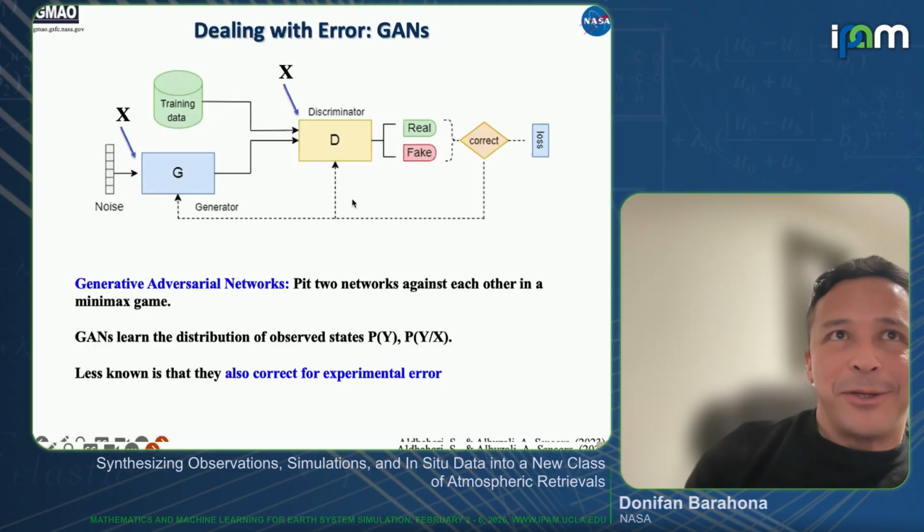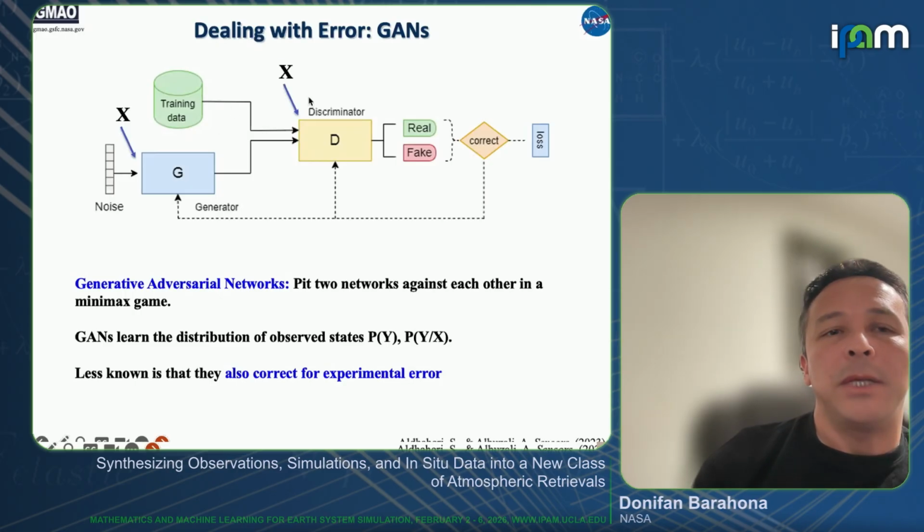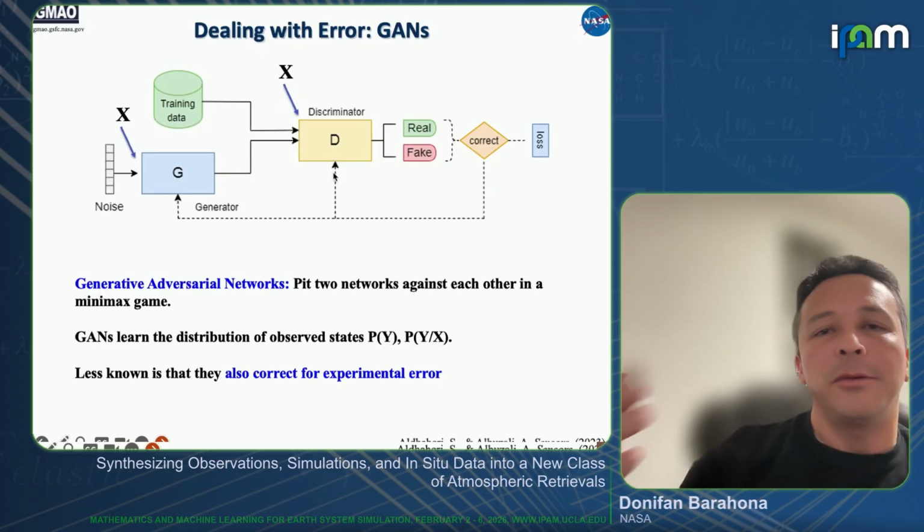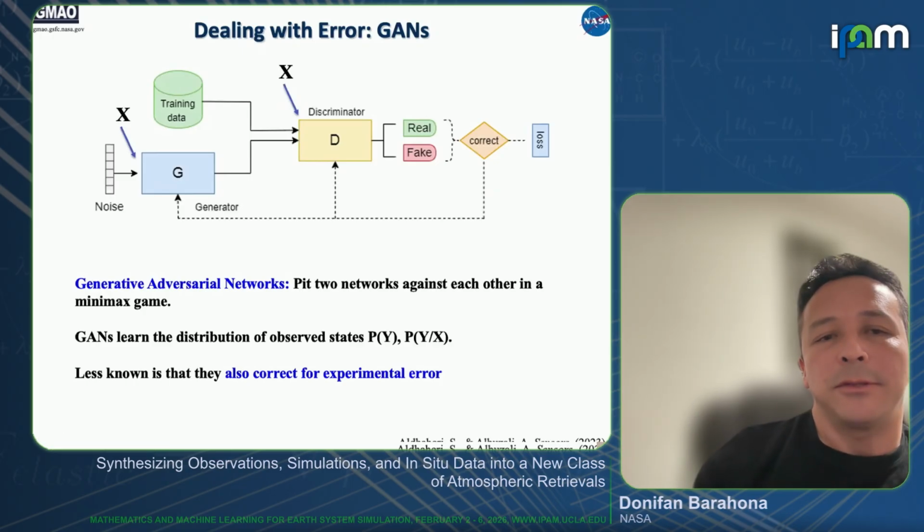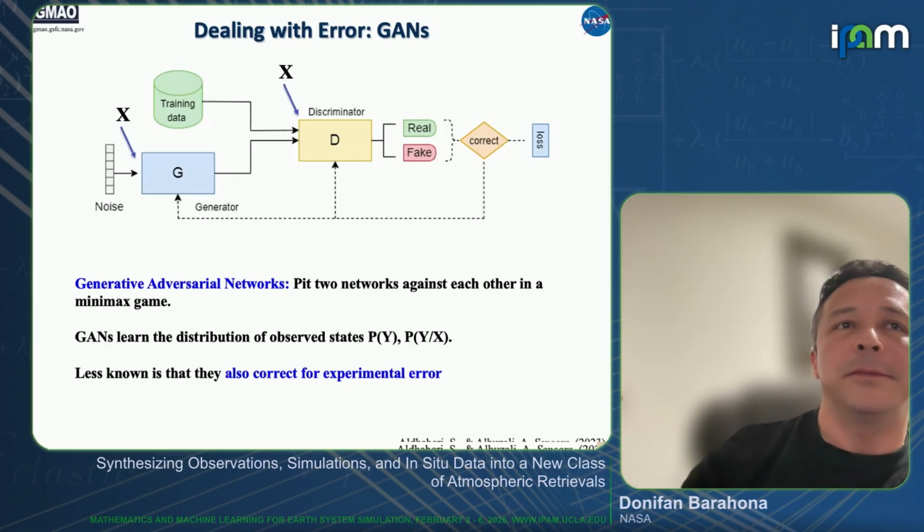This is a very nice and cartoonish way to explain it. Something I should mention is that you can condition this to work for a particular state. For example, if you have the distribution of all human faces, you can condition these networks to just produce human faces with blue eyes or something like that. That is good for us because then we can tell it to just predict examples that agree with this particular state, right? This is well known.